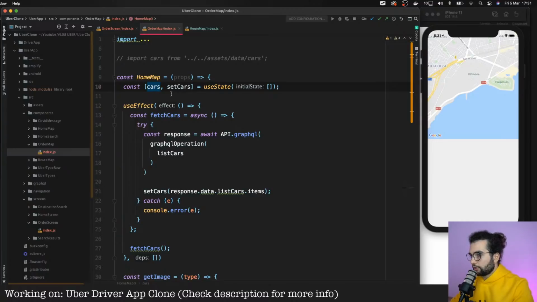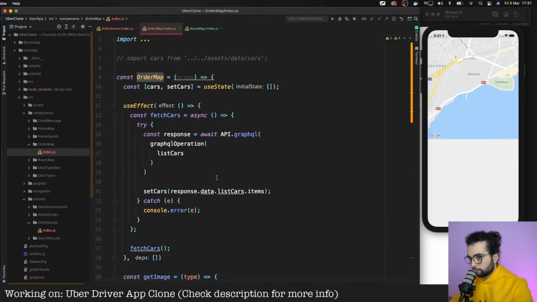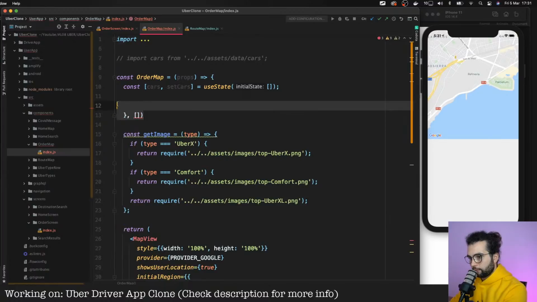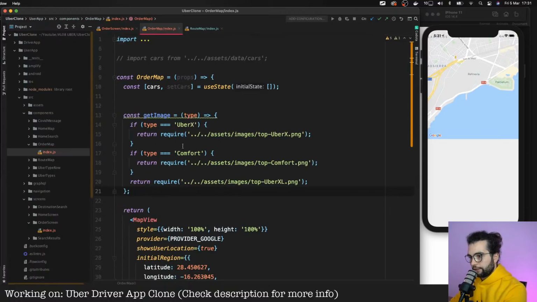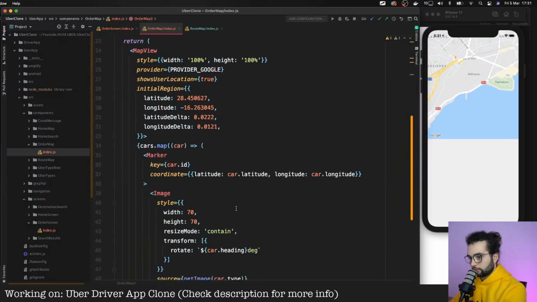And this is not okay. This is order map. We will definitely not need the fetch cars. Get image, probably we will need it. That one, okay.